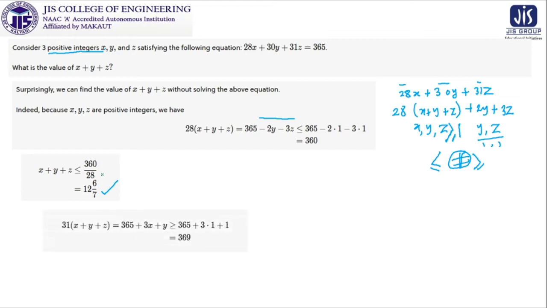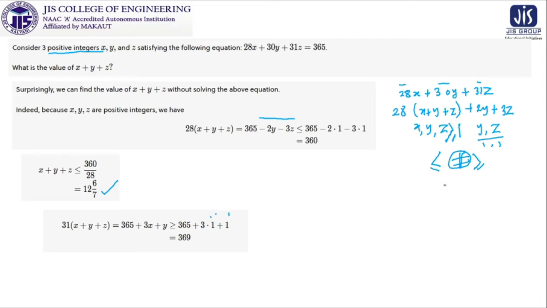In a similar manner, if we take 31x plus y plus z, it means we are taking an extra 1y and we are taking an extra 3x. So it can be written as this particular thing will be substituted by this right hand side and it will be added, and if it is added then obviously it will be greater than this one, so 31x plus y plus z will be greater than or equal to 365 plus 3 into 1 plus 1, because this